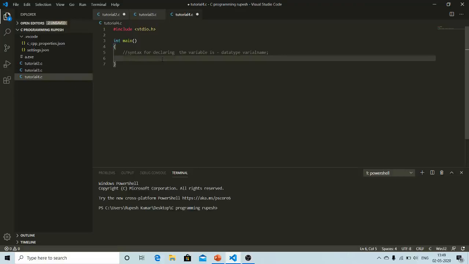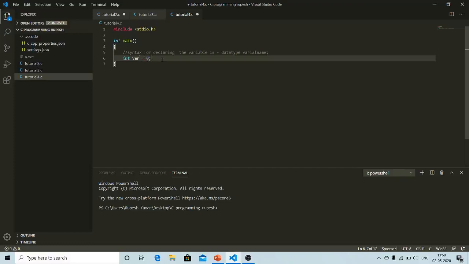So let's try it. Suppose I want to declare a variable which stores an integer value, so I will write int, and the variable name is var. As I have told you, we should initialize just after declaring the variable.